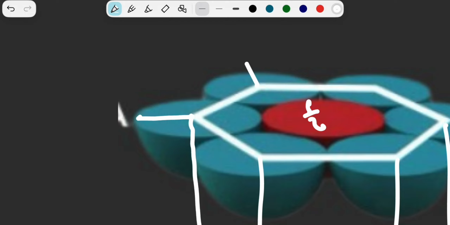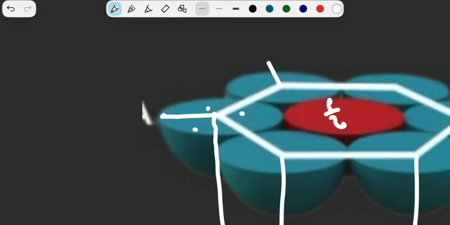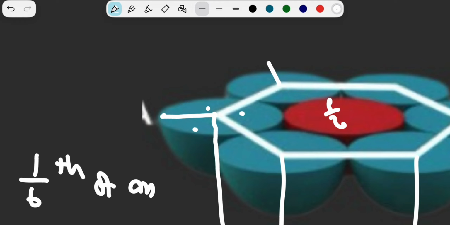Okay, this atom can be divided 3 ways, and only 1/3 of that half is inside the cell, right? The other one belongs to another hexagon. The other one belongs to another hexagon. So you can see that we have 3 pieces. Only one belongs to this hexagon. So first up, we had a half that was removed, and we removed 2/3. So we're only left with 1 over there, right? So you can easily see that this is 1/6 of an atom